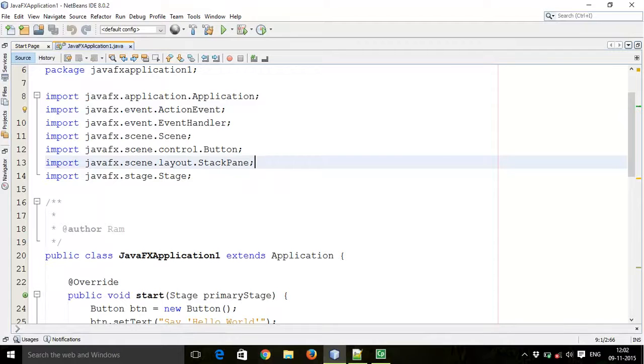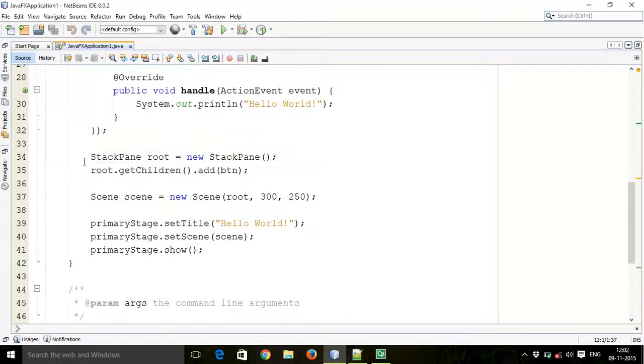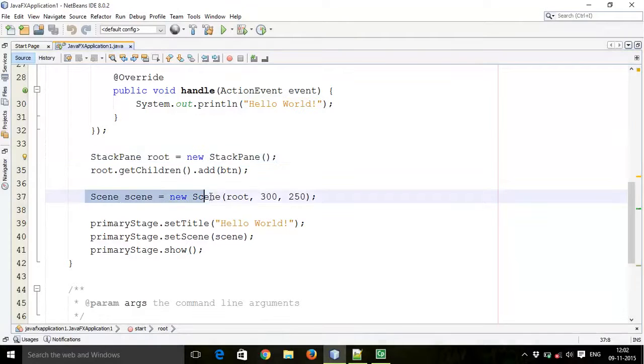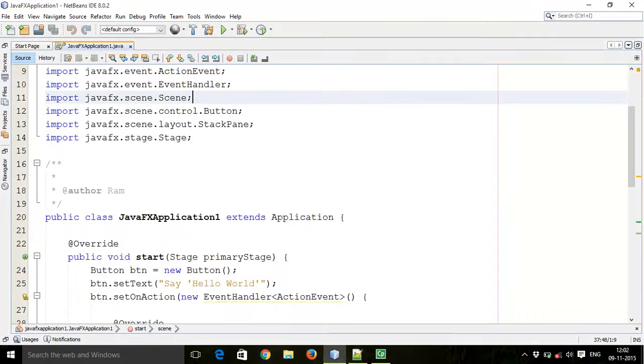Then a StackPane, which is a node to display your scene or frame. And the scene is of 300 by 250, like a frame of 300 by 250. So this is the import used for the scene.